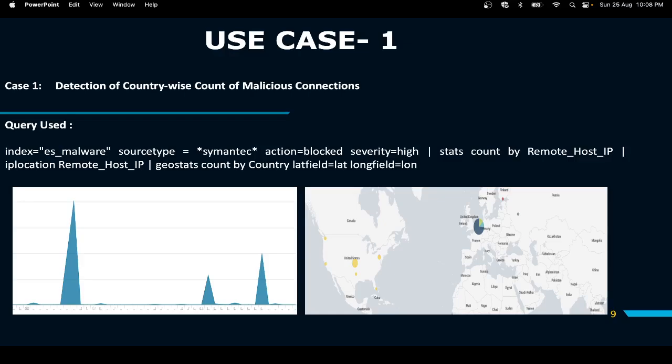This is a very common and typical use case of detection of country-wise count of the malicious connections. So how are you going to write the query? The query is written in SPL, Splunk Processing Language. Index equals ES underscore malware. ES stands for enterprise security. ES malware is basically the index where all the